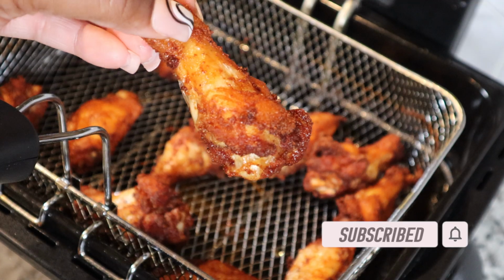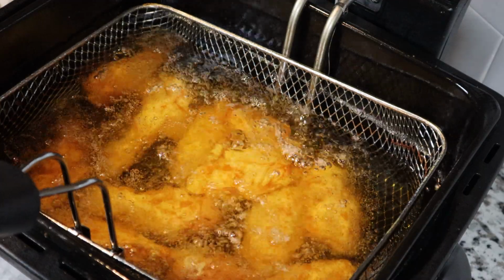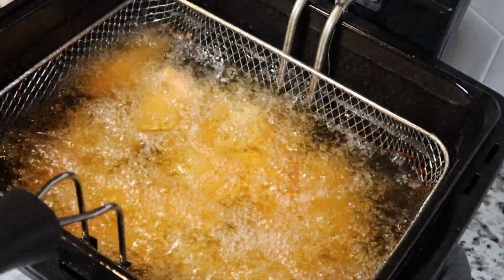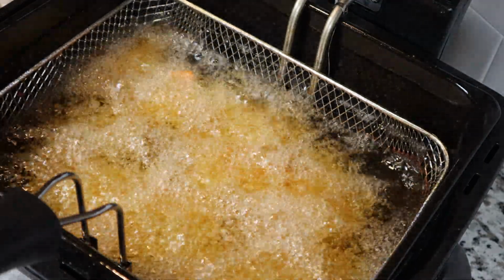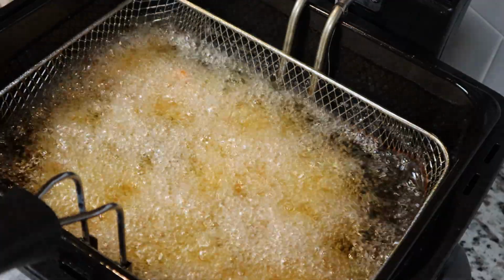And I did this in 2 batches, y'all, so I went ahead and put in my second batch because you know we don't like to overcrowd the deep fryer. That's going to prevent our fry from being perfect and crispy. Go ahead and split that up into 2 batches, and when it is done, it's going to look just like